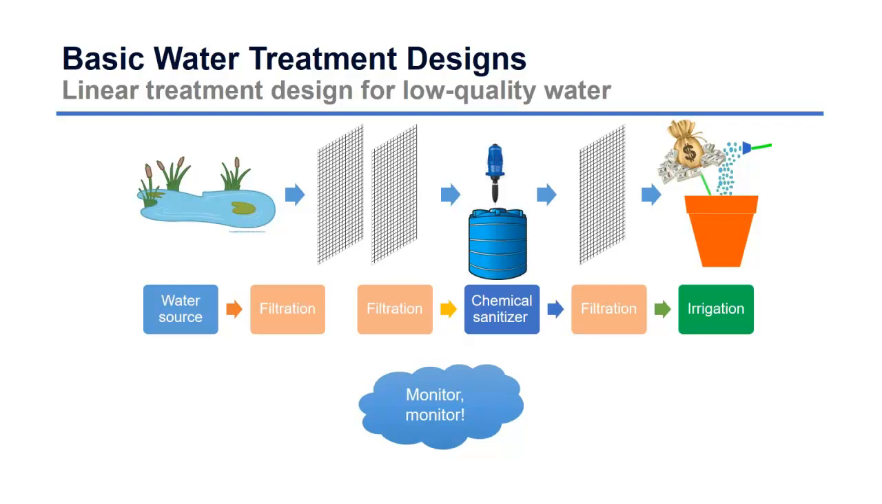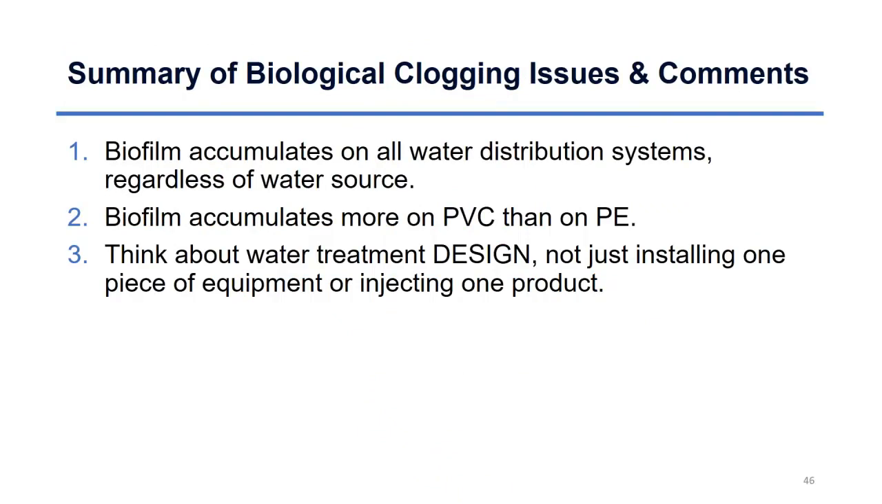And then you can filter again just to make sure that you have a very consistent before it goes through to the plant. So in summary, for the biological and clogging issues, some additional comments: just think that biofilm will accumulate regardless of your water source. So think about, if you have a severe issue, you want to keep in mind that